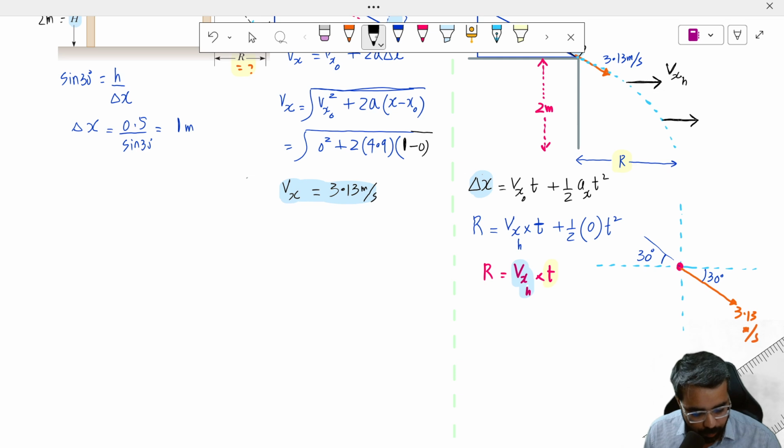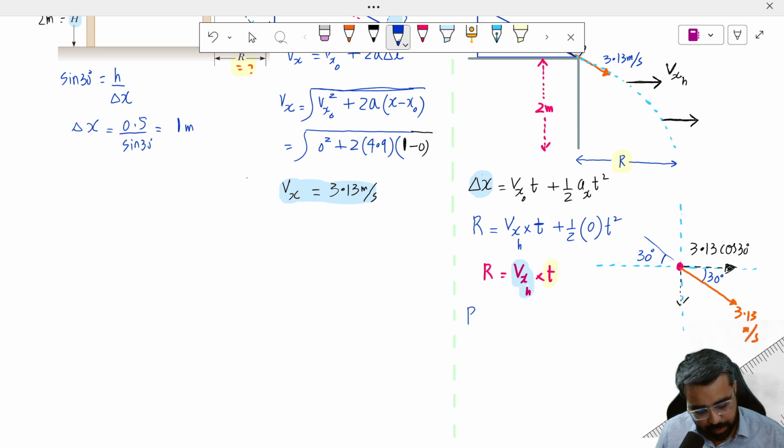That's why we can now find the horizontal component of velocity, which should be 3.13 cos 30 degrees, and this one will be 3.13 sine 30, which is actually not needed now. So the range is equal to